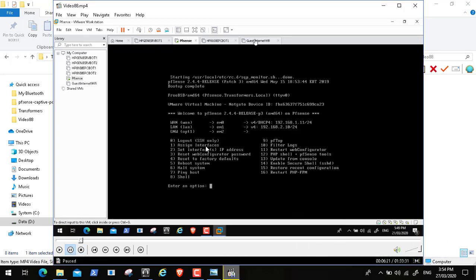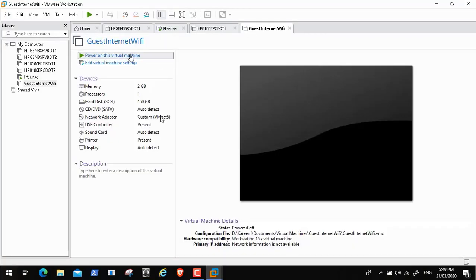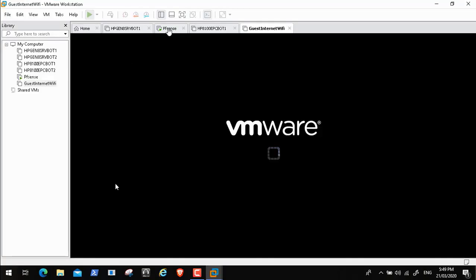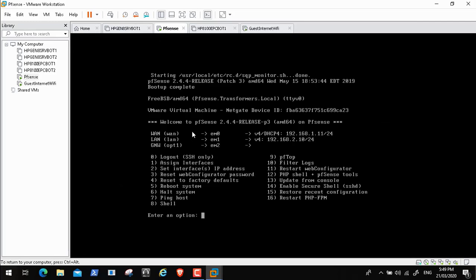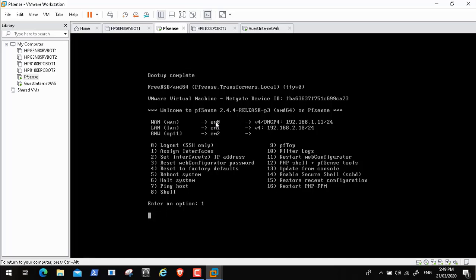When we are making the interface for the first time, for the WAN and the LAN, we need to get the MAC address for every network card and say which network card is assigned to which interface. For example, EM0, this is the network card name, it is assigned to the WAN. This network card is connected to the